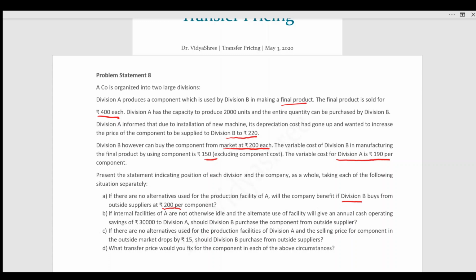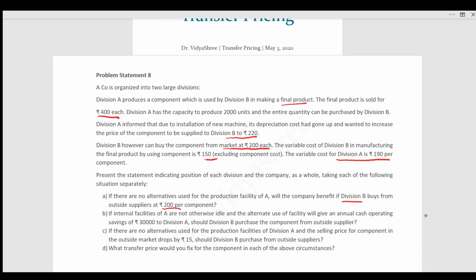The other situation is if division B just directly buys the product from the outside market. So when you compare the profits of both situations, you can give a suggestion for this particular situation. Let us go for the